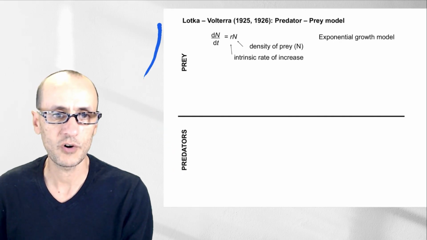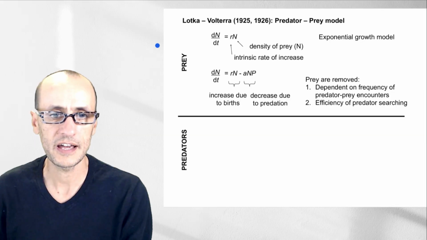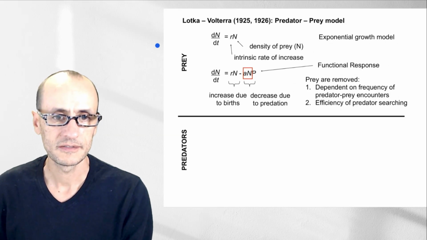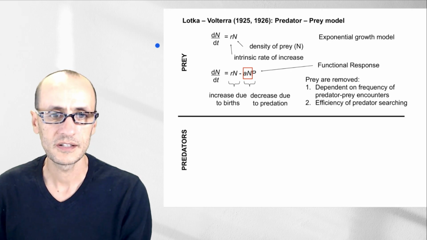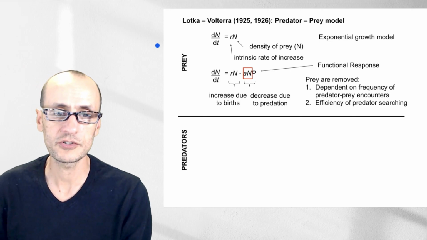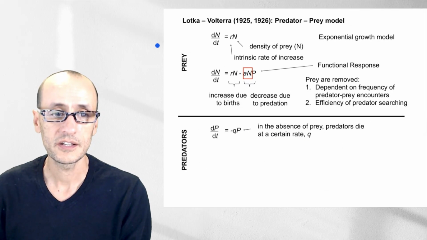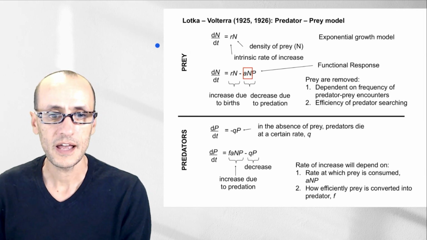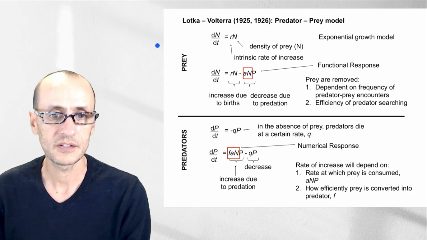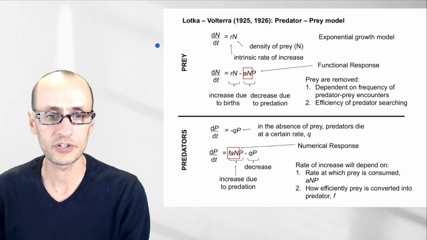Let's do a quick recap on the Lotka-Volterra equations. Here they are in this format here, and I'm just going to cycle through them, and you can pause at your leisure. Here's the Prey equation. I want to make sure I highlight the functional response, which you've already been introduced to once. Here's the Predator equation, and the numerical response, which is the piece that converts the encounters between the predators and